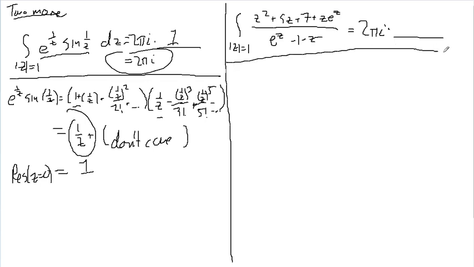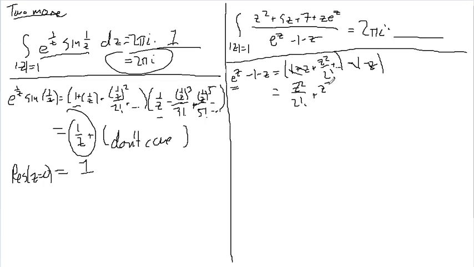So similarly over here, this looks similar to one that we did on, I believe, the simple pole example. So the top is nice and entire, so I'm going to see what the bottom does. e to the z minus 1 minus z. I'm going to change that to a power series because I like power series and they're very helpful. z squared over 2 factorial plus, minus 1 minus z, the terms cancel, equals z squared over 2 factorial plus z cubed over 3 factorial plus